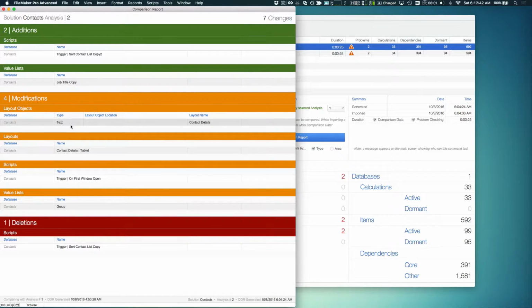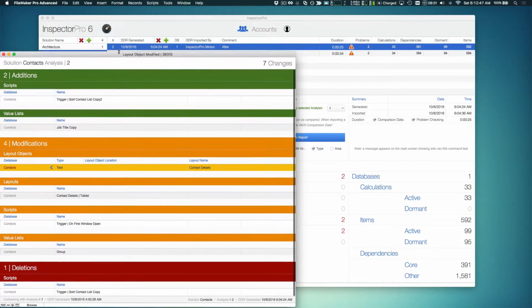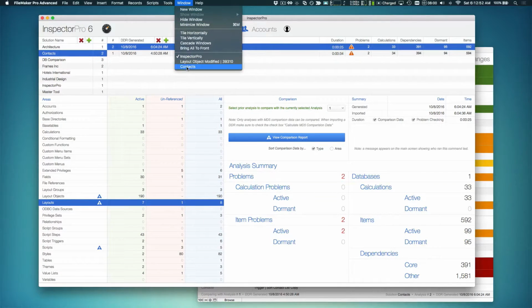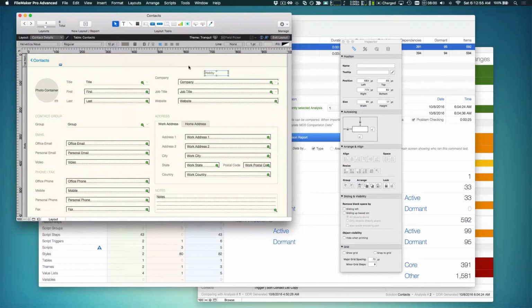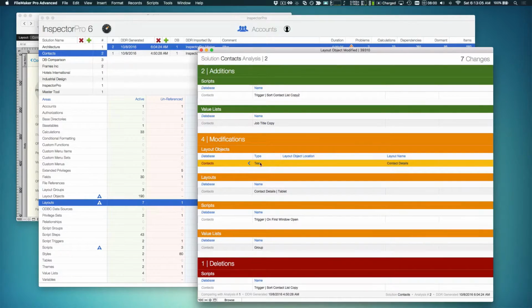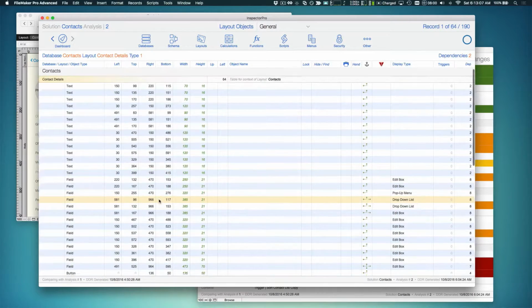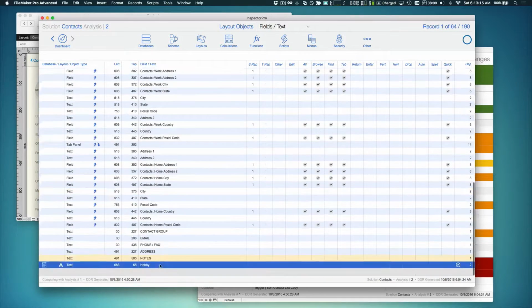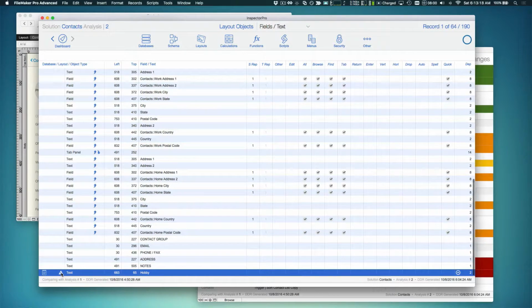So again, with any of these, I could click, let's say I'm going to go look at this change to this layout object. And by the way, layout objects have object keys, which makes them unique, which means that Inspector can do things like detect when you move an object, even if you just move it 1 or 2 pixels. The fact that that object is a unique object, Inspector can show you. For example, in this case, it's the object way down here. It's the text object, and it's the word